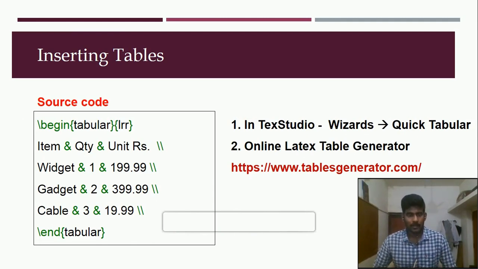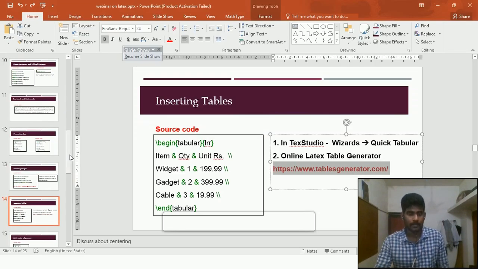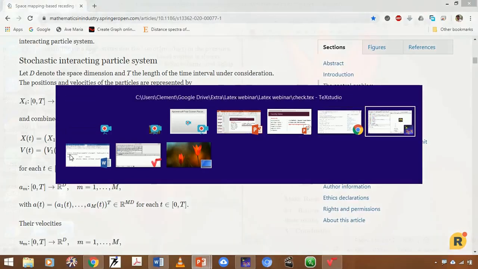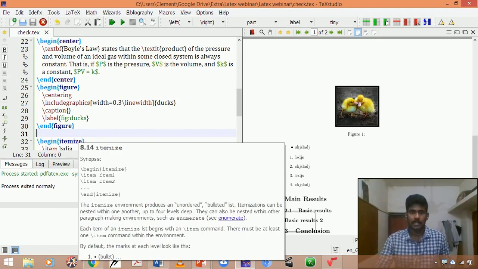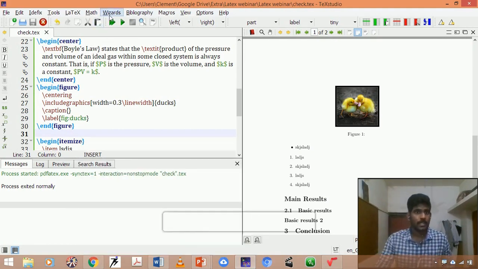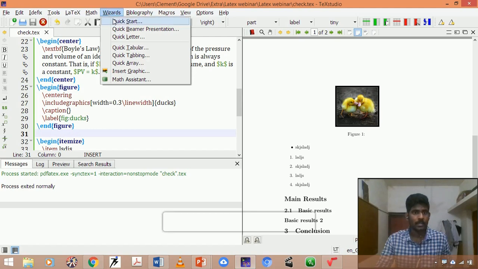Okay, now I believe you have well understood how to insert images in LaTeX by using the procedure of Text Studio. So now we can get into how to insert tables in your LaTeX. Okay, so here I can go back to Text Studio, in which first I need to fix the position where the table must be placed. So here again I can go back to the wizard. Sorry.